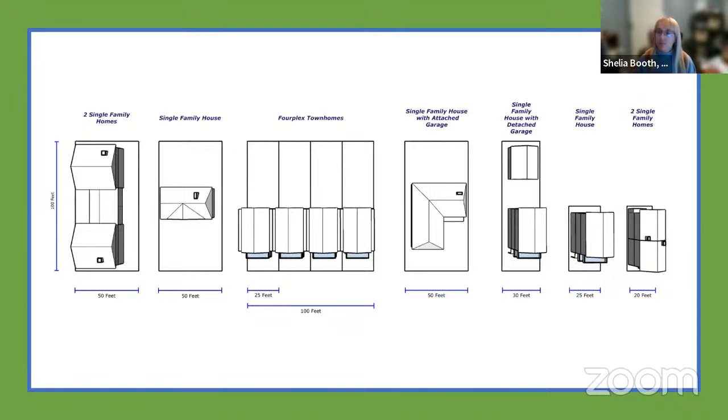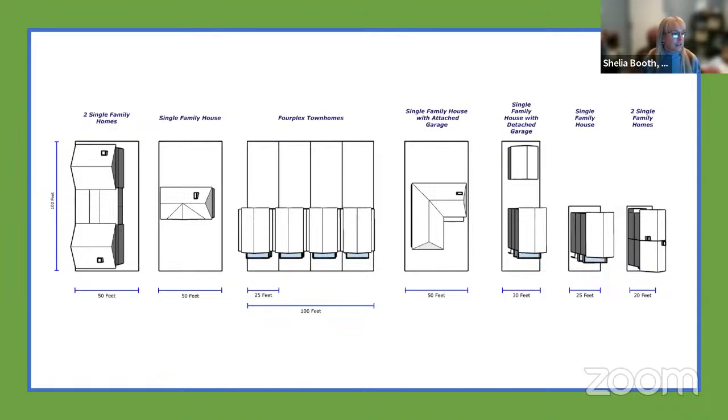Then we looked at some of the lots that were 25 by 50. What could we actually do on those? So a single family house on a 25 by 50, you can do it. There's not really room for a garage unless they come in on the bottom. And if you increase the height limitations in the different zone districts, you could fit something on there with 5 foot all the way around. Even easier if you go to a 0 foot on the front.